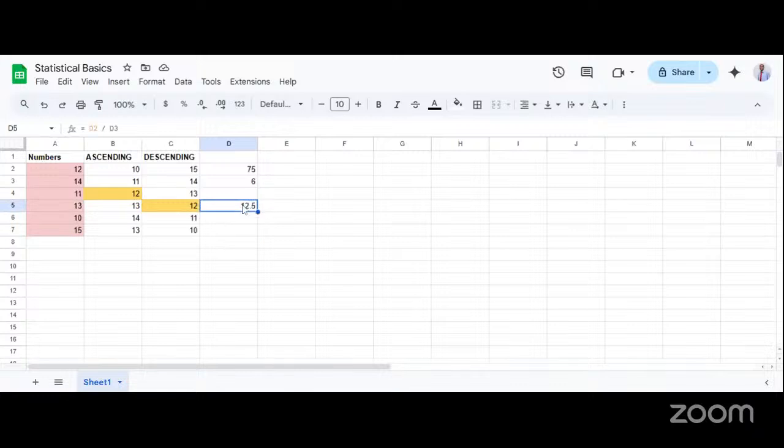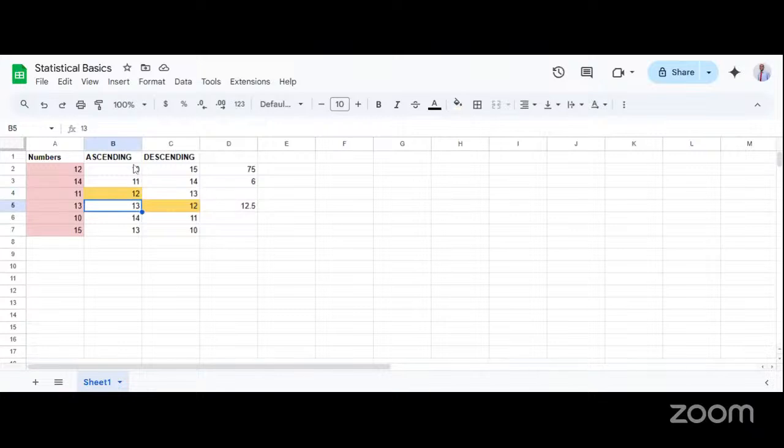So you notice that when the number of data points is an even number, that's when you have two values in the center of the range once it has been arranged. When you get to that scenario, you don't just choose any of them. Rather, you calculate the mean of the two values appearing at the center. In this context, it's 12 and 13 appearing at the center of this list when it has been sorted.